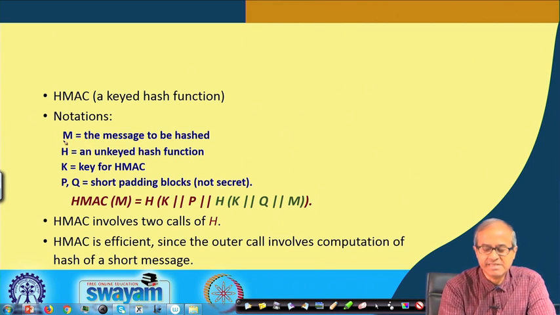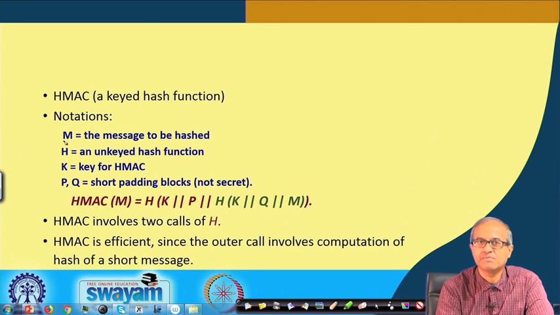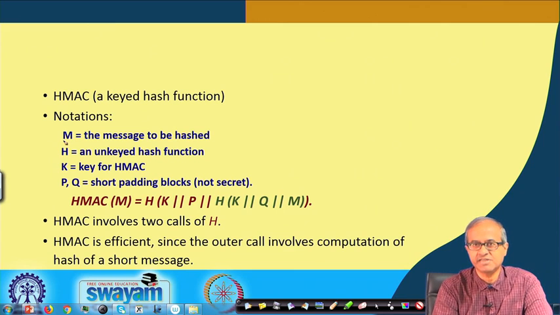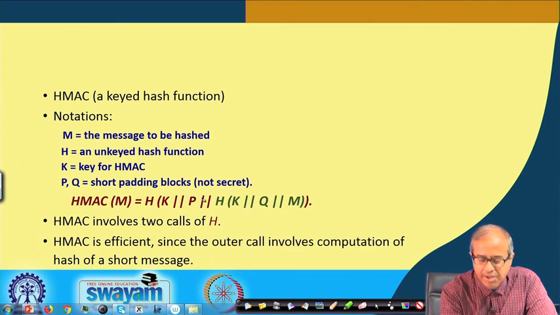Let us say M is the message for which you want to generate the MAC, or message authentication code. You want to apply the hash function on this M. So, you apply the hash function in 2 steps. This is the first step,